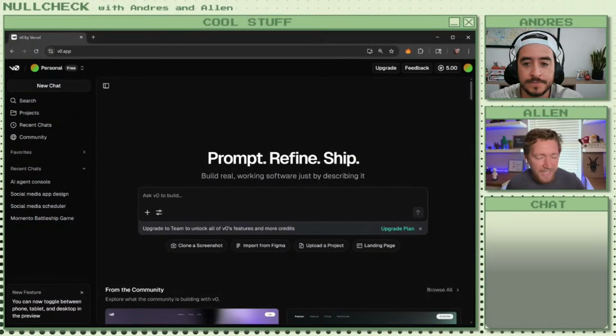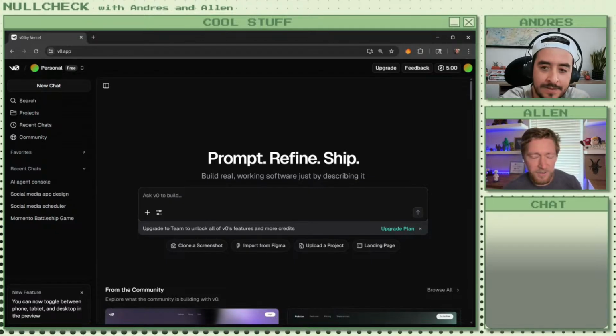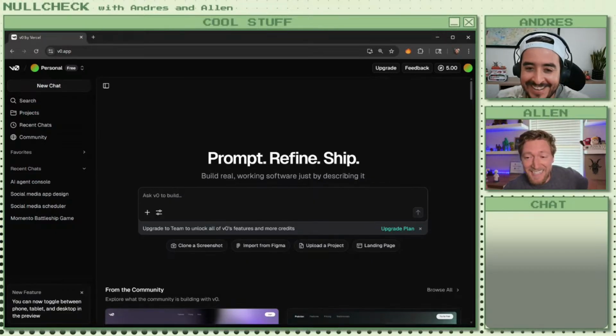So last time we met, we took Kiro for a spin. But what we figured out when we were using Kiro is that it wasn't actually that fast. And I don't think anybody would argue that that's not true. But since you and I like to build things with a lot of new fun tools, we recalled that V0 was fast. V0 was an exceptionally fast and relatively high quality AI coding agent that got you from idea to working software. It says it right here on the website. And it actually worked really fast.